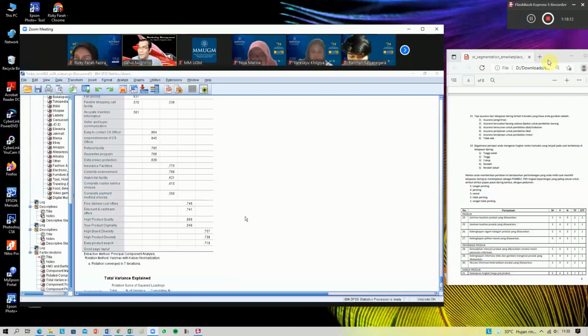It also has no indicator, no correlation score. It means it belongs to all segments. So once again, we have two attributes that can be concluded to belong to all segments. The first is seller and buyer communication, and the second is good page layout.